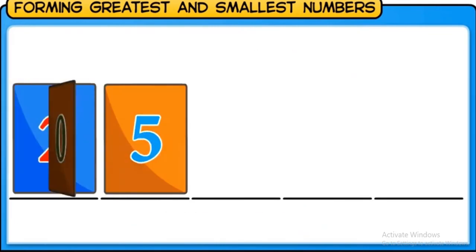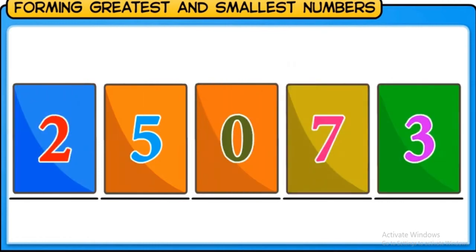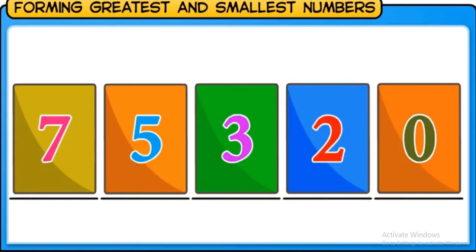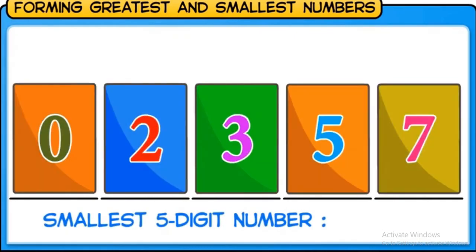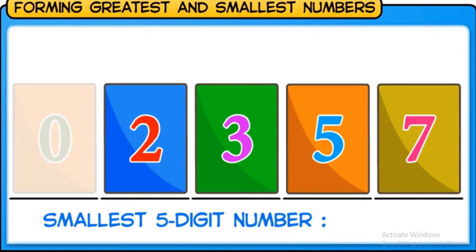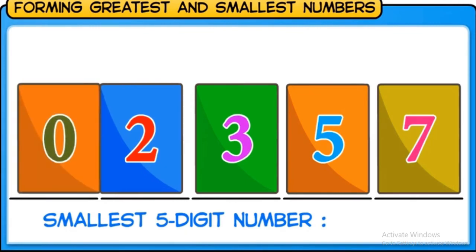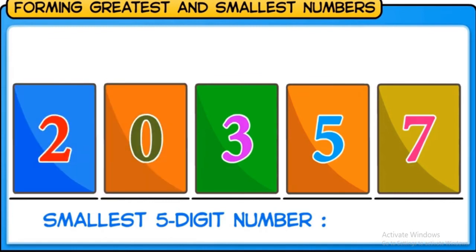Let us drag the number cards to the blanks to form the greatest and the smallest 5-digit numbers using the given digits. By arranging the given digits in descending order, the greatest number that can be formed is 75,320. To form the smallest number, we arrange the given digits in ascending order. Here, if we start with 0, we end up forming a 4-digit number, 2,357. Thus, we place 0 at the second highest place to form the smallest 5-digit number as